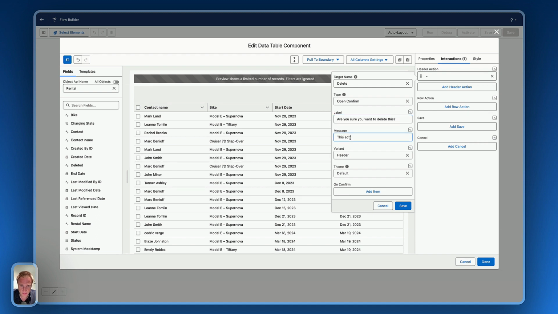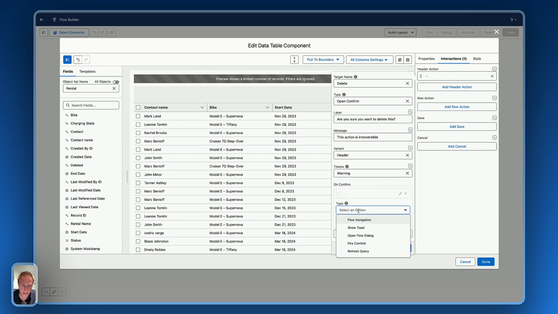This action. Okay, you can set the variant. Yes, I like to have a header theme, maybe warning, so you will have the yellow banner. And then you need to define what will happen when they are pressing on confirm. So when they are pressing OK regarding the confirmation box, add item,